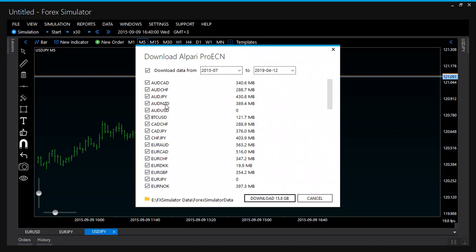Here you see all the currency pairs that are available on this package of data. So for instance, I deselect all the pairs and I go for, for instance, Aussie New Zealand and I choose it. And when you choose it, here on the bottom you can see the size of the package and also the folder in which the package of data will be stored. So I click on the download,